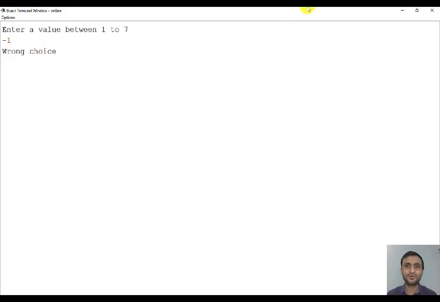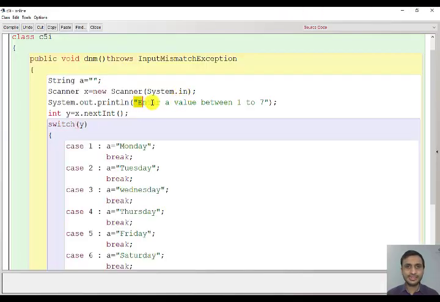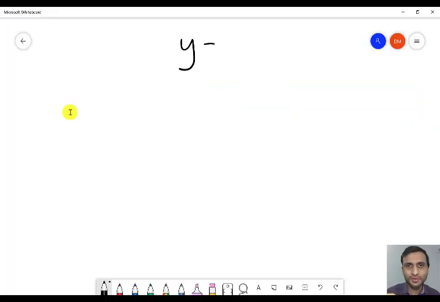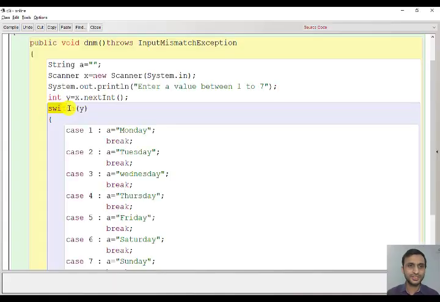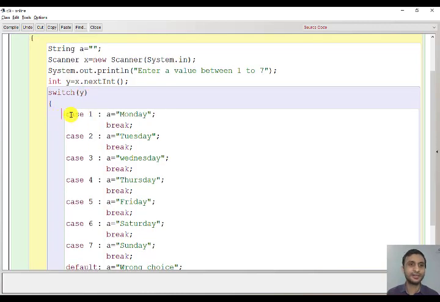Now let us understand how this program is working. So we are asking the user for a number between 1 to 7. In Y, for example, the user entered 4. Means we know that the answer should be Thursday. Let us check how we are getting Thursday. So switch Y. So in Y we have 4. Okay. Now it will come inside and it will check case 1. So what happens here? When it comes to case 1, it will check if the value 1 is equal to the value present in Y. Means if 1 equal to Y. What is Y? 4. That is, it is checking if 1 is equal to 4. Is 1 equal to 4?